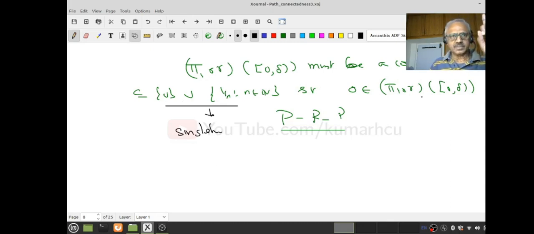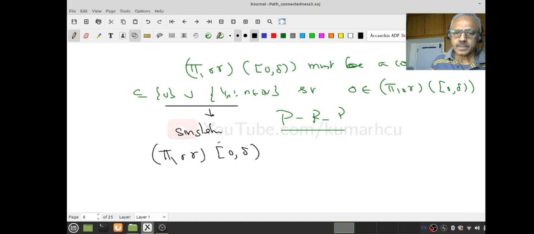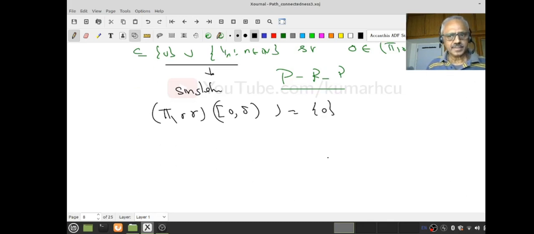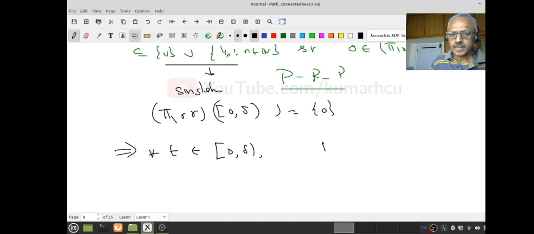Therefore what do I conclude? π₁ of γ of [0, δ] is the singleton {0}. Do all of you agree with that? Therefore what does it mean? Therefore for every t in [0, δ], π₁(γ(t)) is 0,